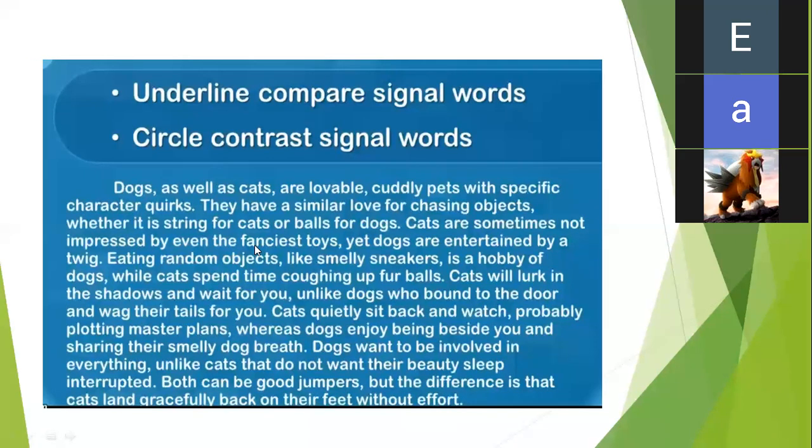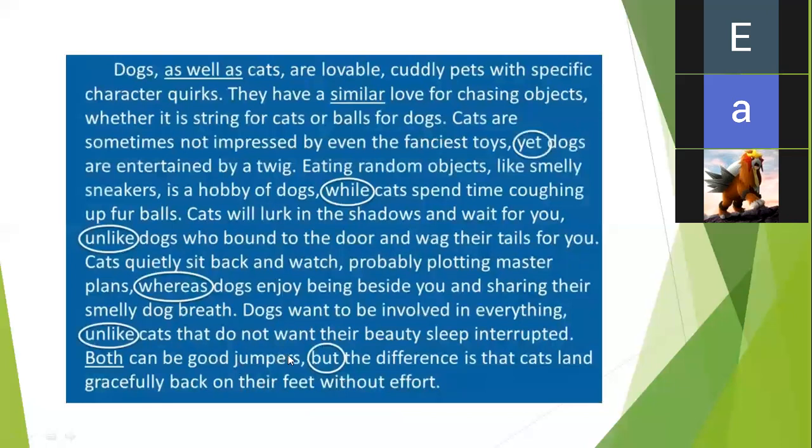Are there any responses? Mustafa Jafri is saying unlike. Abdullah Nisar is saying unlike. Matthew is saying it's a contrast word. What is a contrast word, Matthew? Saad is saying unlike. Are you sure, Matthew? Okay, let's see. Ansar Shafiq is saying on the contrary. See, the answers are on your screens now. The underlined words are the compare words and the circled words are the contrast words. So more or less everyone was right.